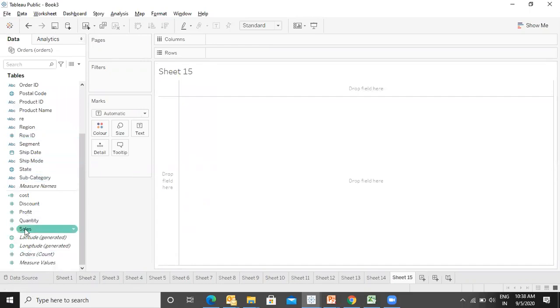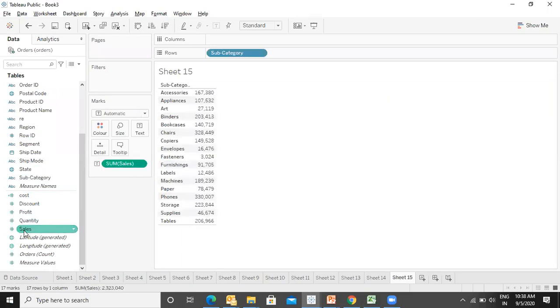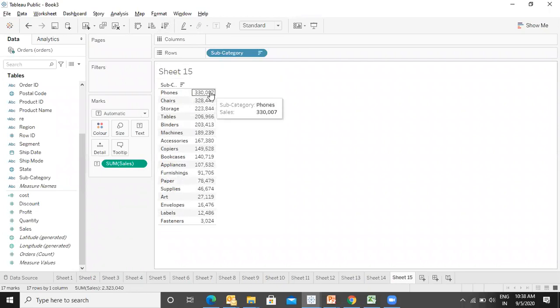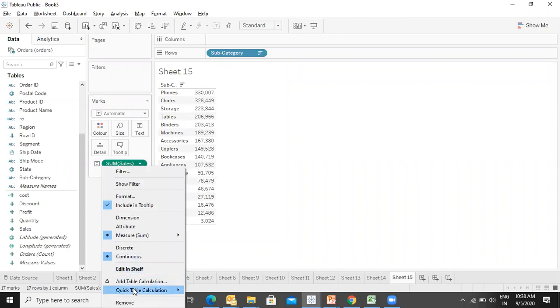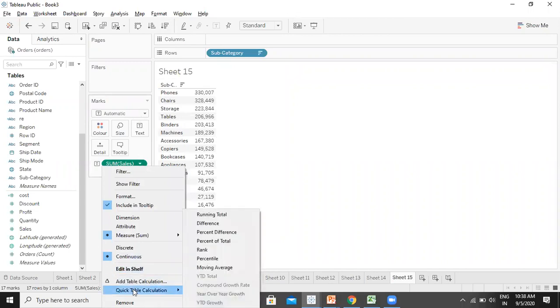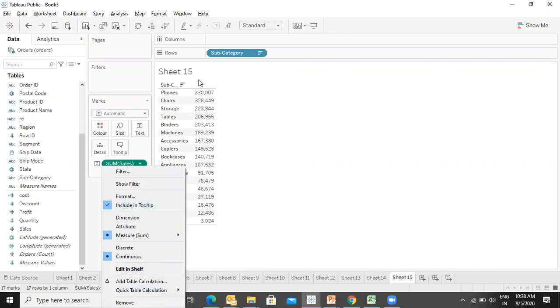Let me sort it as well. And I will go to this drop down arrow, and I will say quick table calculation. And now you see, whenever I have displayed this sales, it is displaying as sum of sales by default, total revenue generated in phones, total revenue generated in chairs.